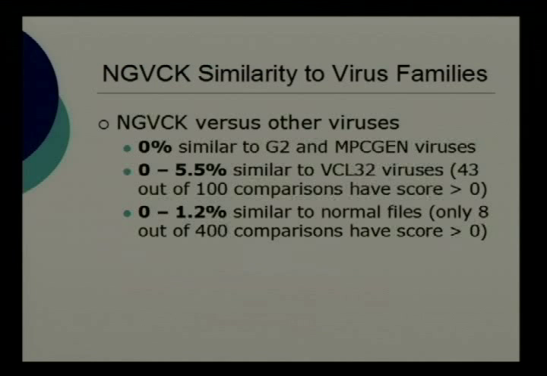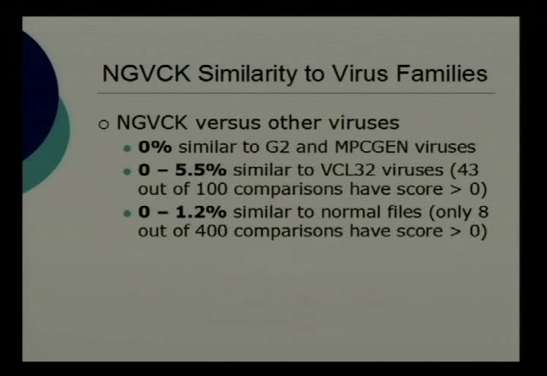So now we see that NVIC viruses actually look very different from one another. So it seems that they may be able to avoid signature-based detection because of their high degree of metamorphism. But other than that, we are interested in knowing how similar they are to other viruses or to normal programs. So we do the same kind of similarity comparison, using all the same viruses that we used previously, and just do a cross-family comparison to see how similar they are.